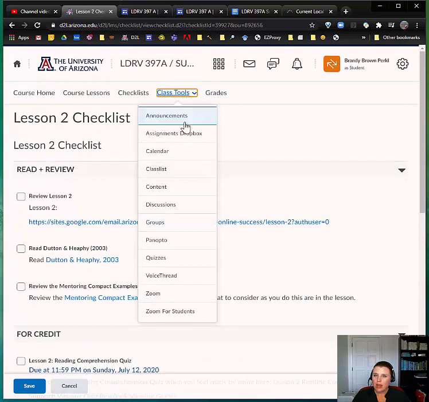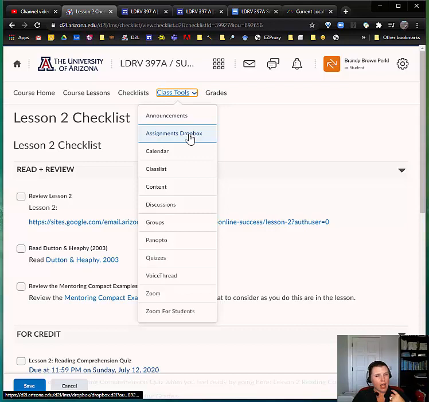The other tool I want to point out, I'm not going to walk you through each individual tool. For the most part, they're fairly self-explanatory, and you'll learn better by clicking around and doing things. You can't break the class. I could. You can't. So don't be afraid to click around and try to figure out how things work and how you want to get to things and what works best for you, especially if you're early in the program. You're going to take a lot of courses this way. So understanding the system that you have to take classes in is to your benefit.